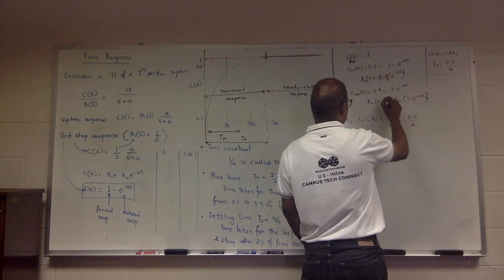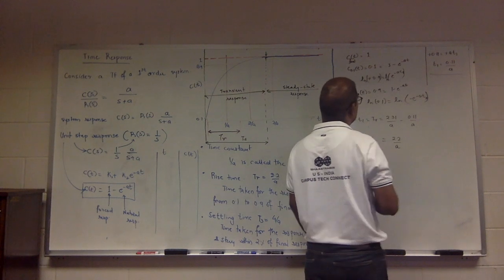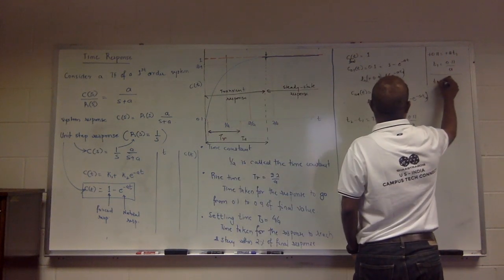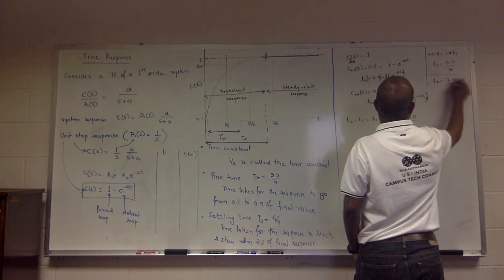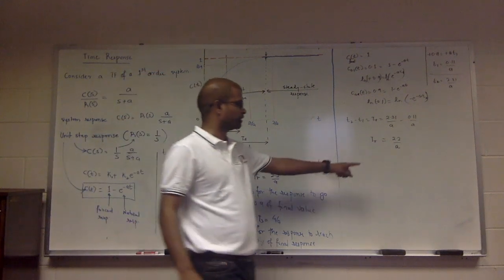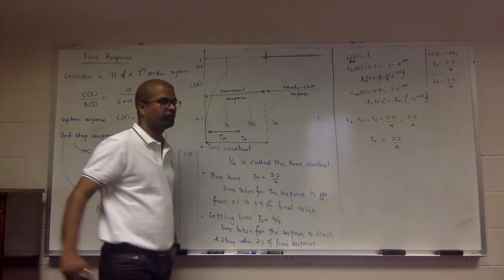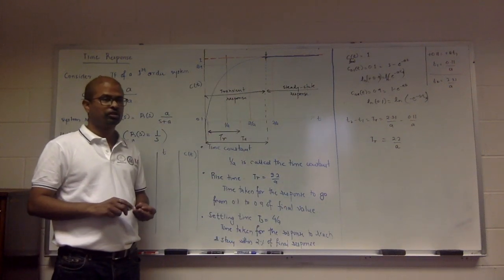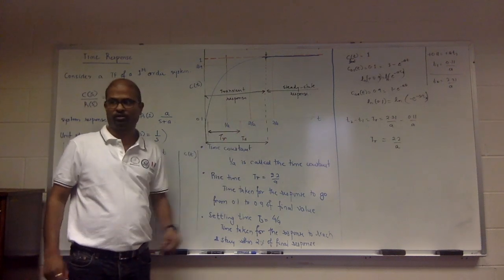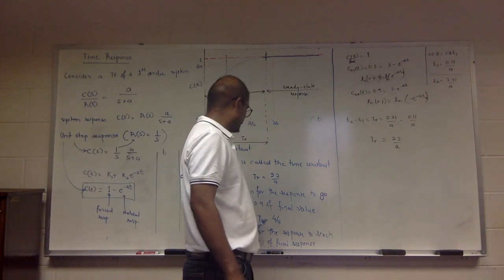Here, this will become 1, negative. So T2 will be 0.31. So the difference in those two is the rise time. You got it? It depends on how you define this rise time as well. If you define it as 0 to 60% or 0 to 70%, the rise time definition will change. Now similarly, you can do this, right? TS equal to